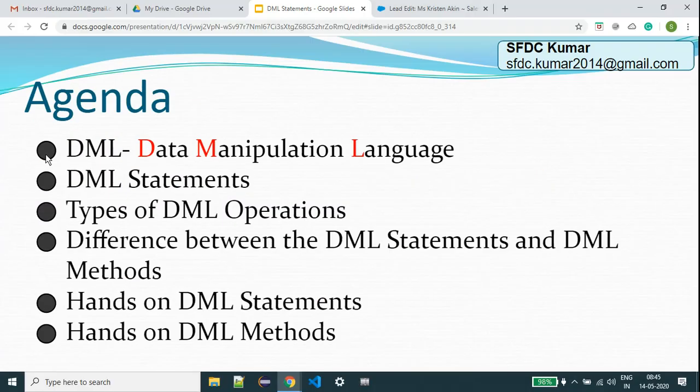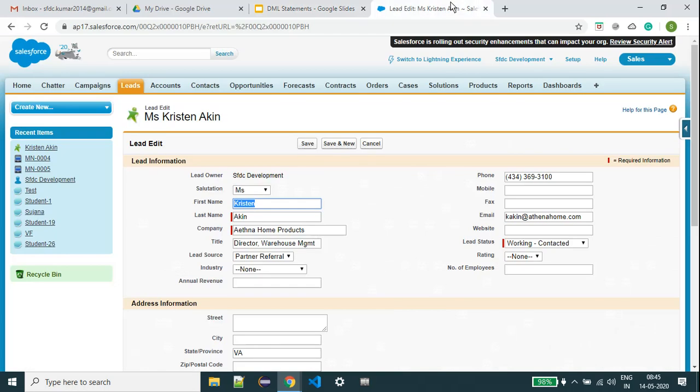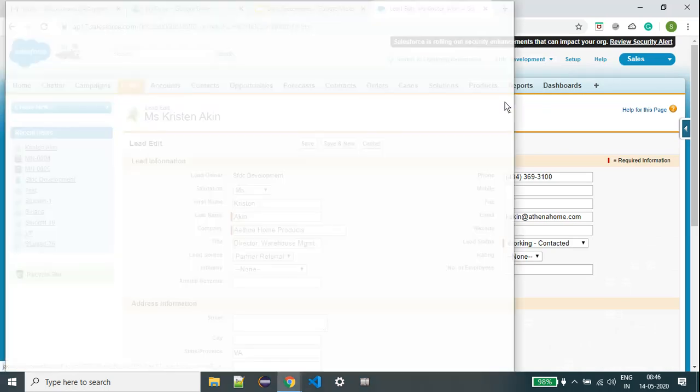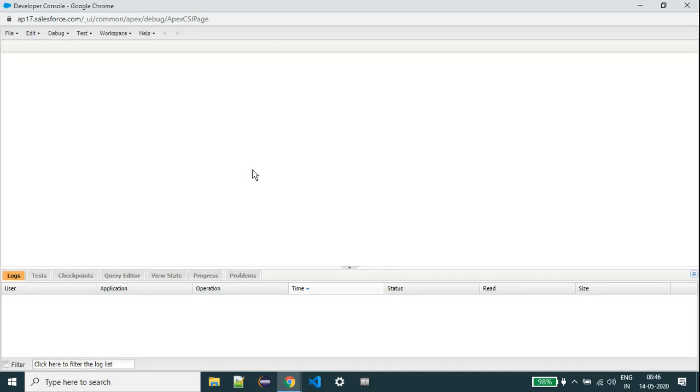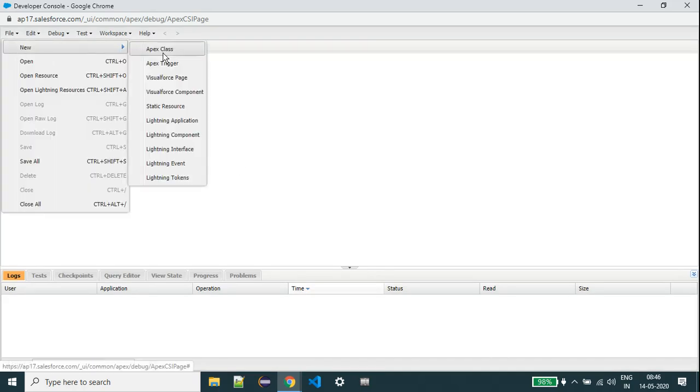Yeah, now we'll go to the examples one by one. So come to the hands-on. For example, now we are going to insert a record. I am going to take one Apex class.